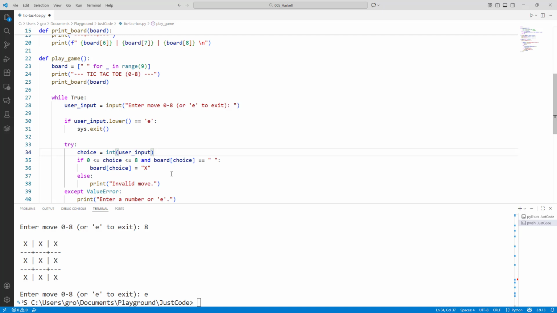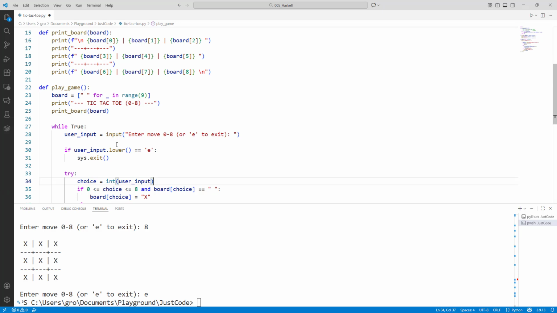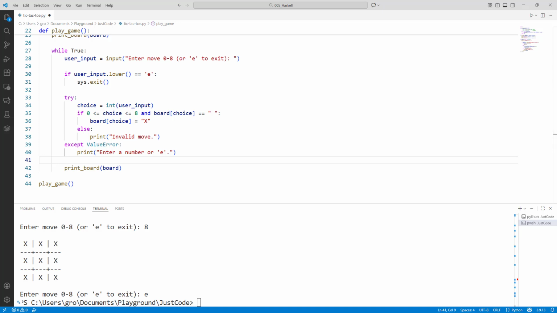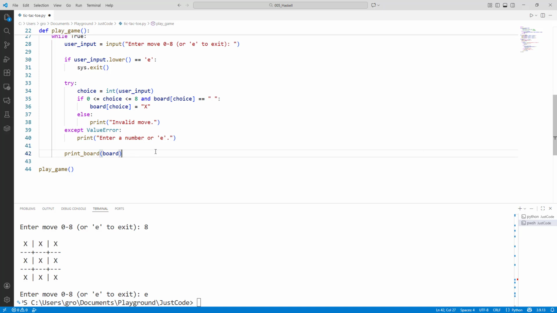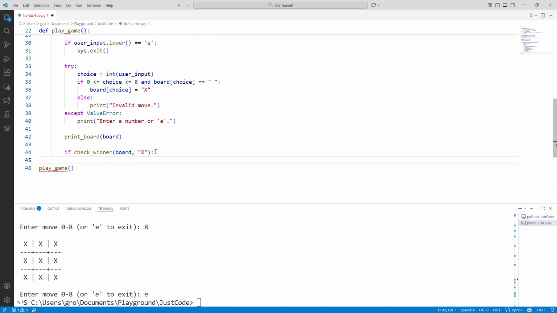Oh, this is good. We should have somewhere an if check winner, which is a good one. Okay, print board, and somewhere here would be if check winner board and X, then print you win, and then just a break. Yeah,